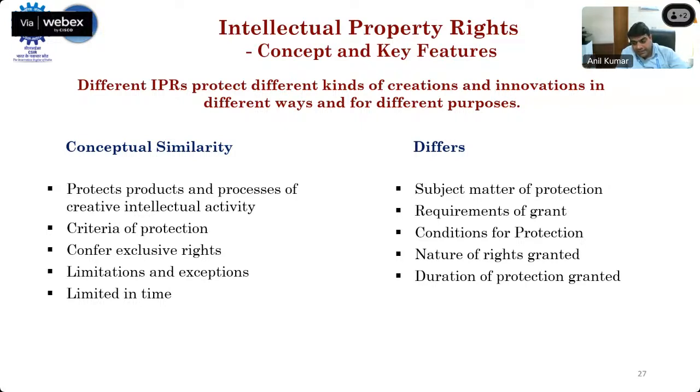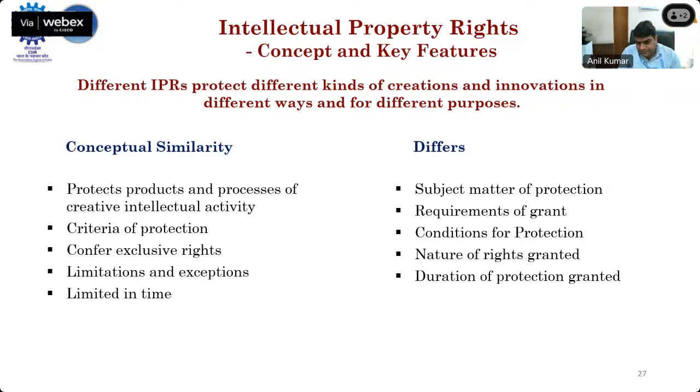For an invention to be patented, it must have novelty and an inventive step. If you talk about trademarks, they should be capable of graphical expression. And if we talk about copyright and industrial designs, they must be original in their application. So those are the requirements. There are certain conditions for protection of each tool that we have discussed, and the nature of rights